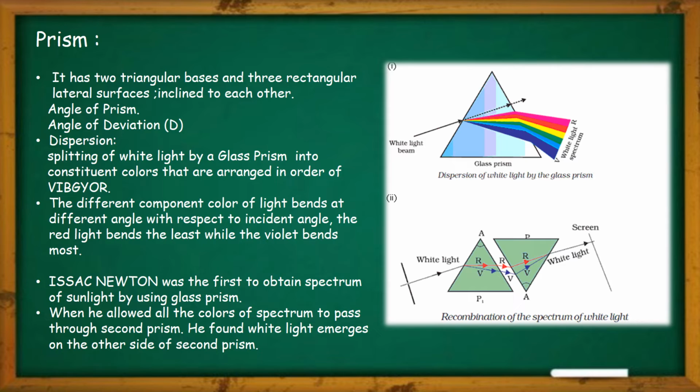Whenever a polychromatic light, or a mixture of light, because white light is a mixture of 7 different colors, passes through the prism, it splits into different colors. This color range we can obtain on a screen, and this pattern we call the spectrum of light. This happens because when light passes through the prism, due to the different wavelengths of different colors, they split. That is why this pattern is observed.